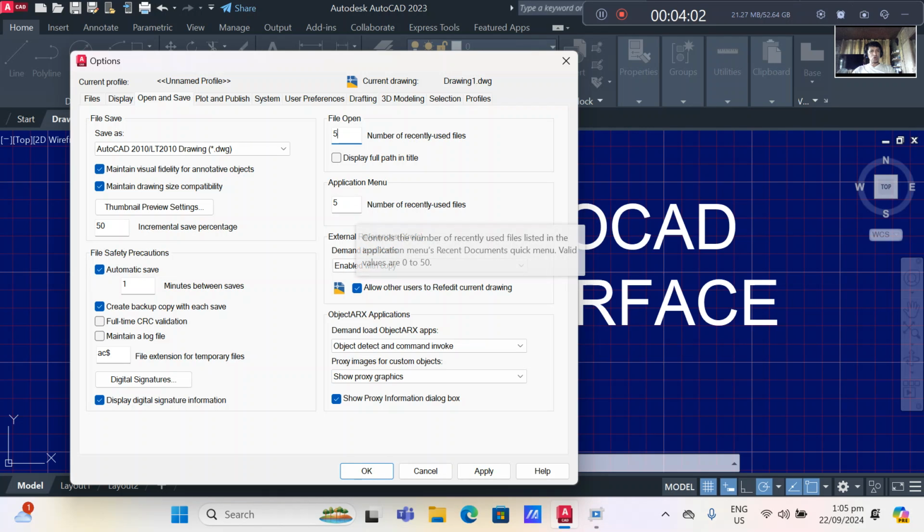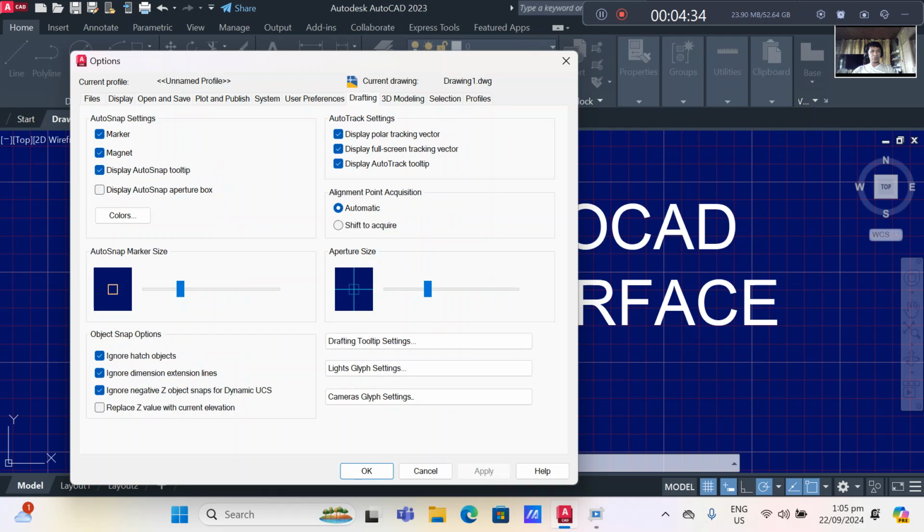Every time that your AutoCAD is opened, it will tell you the different files you have as options to open. So I input 5 also. And now I'm happy with the open and save. I click apply.